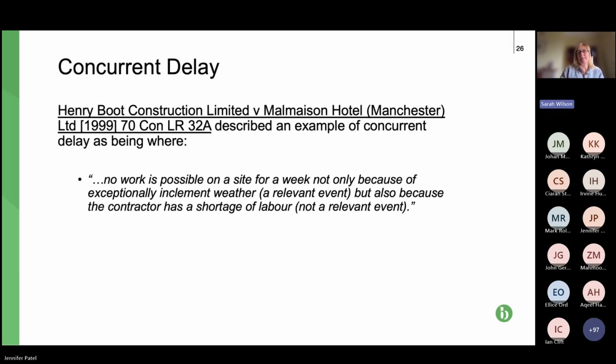Not only because of exceptionally inclement weather, so that's a relevant event, but also because the contractor had a shortage of labour, not a relevant event, so not something that the contractor can claim an extension of time for. So that is concurrent delay. It is a specific period of time where you have two causes of delay. One gets an extension of time, one doesn't. So which one prevails? So if we can move on to the next slide,